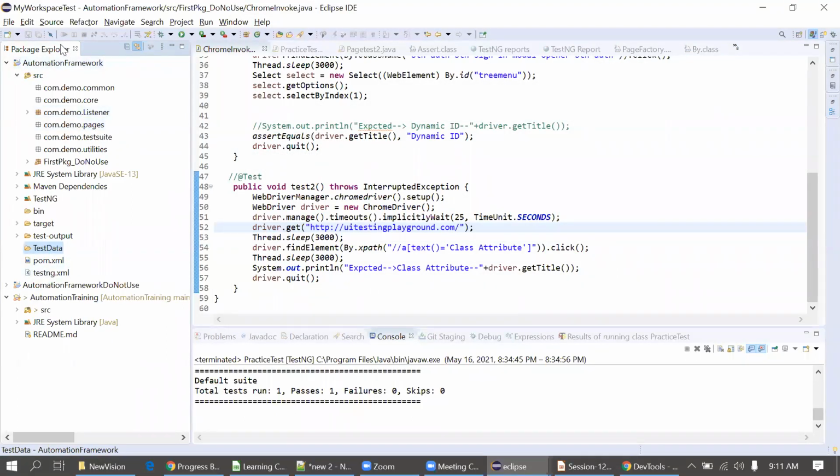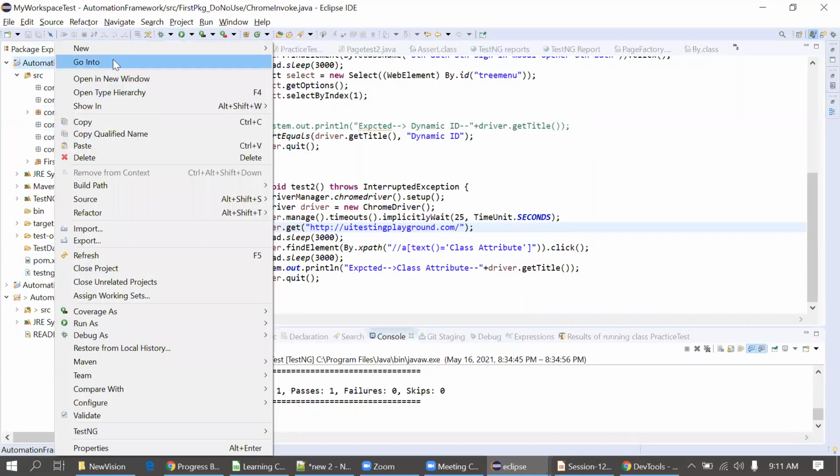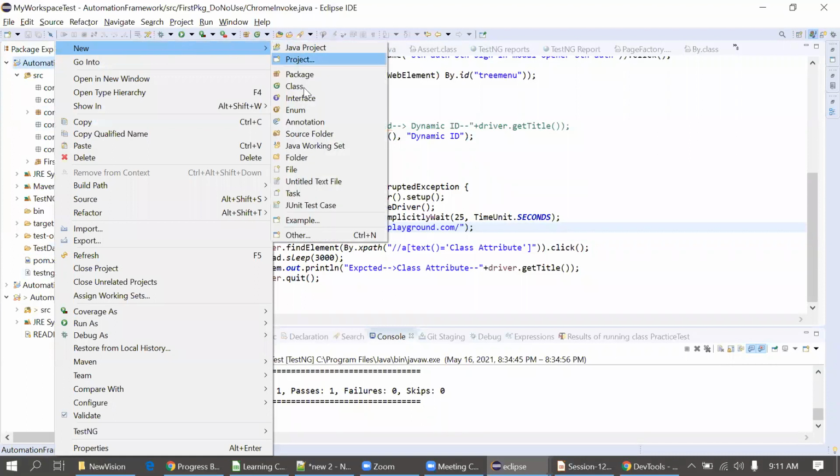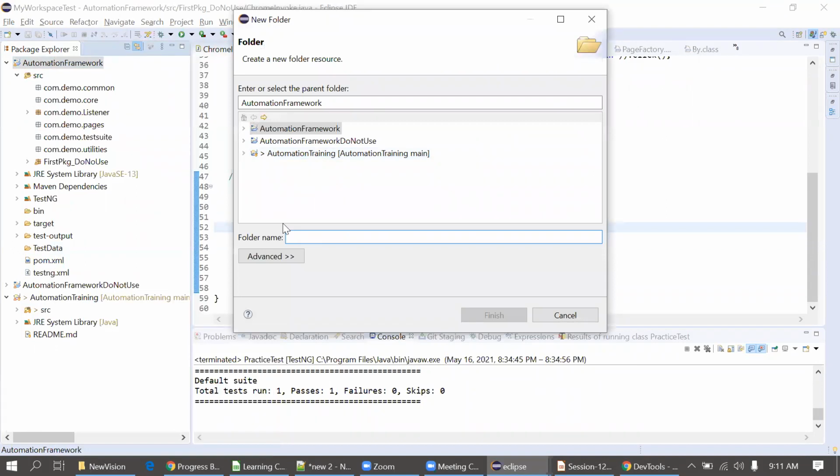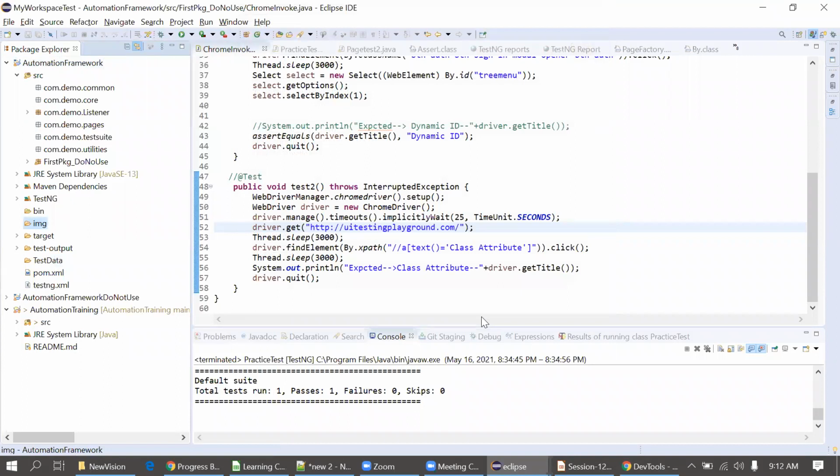The folder got created here. Then I'll create another. Suppose our test case is failing, so we have to take a screenshot and put it somewhere, not in the framework, but in a physical location. So we'll create a physical location in the project itself called an image folder, img. All the failed test case screenshots will be collected in this folder.